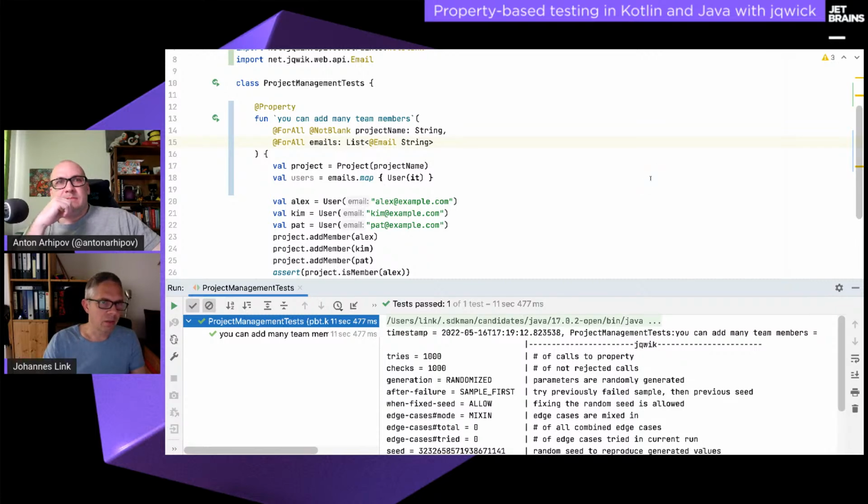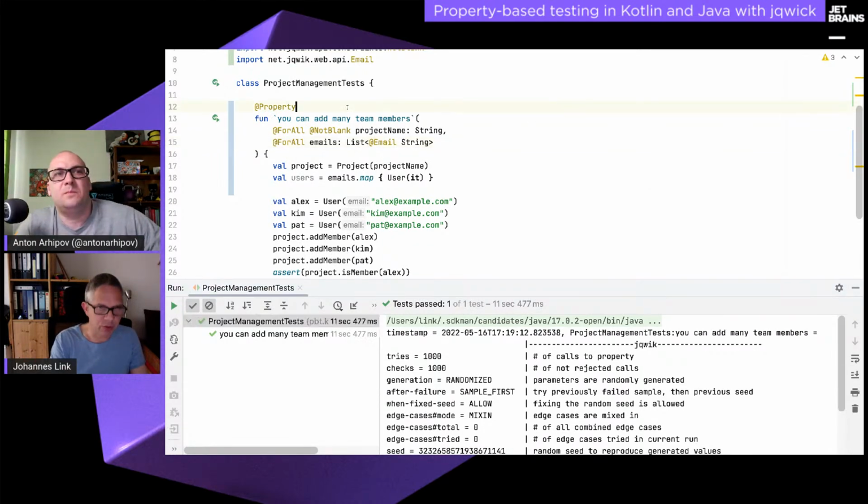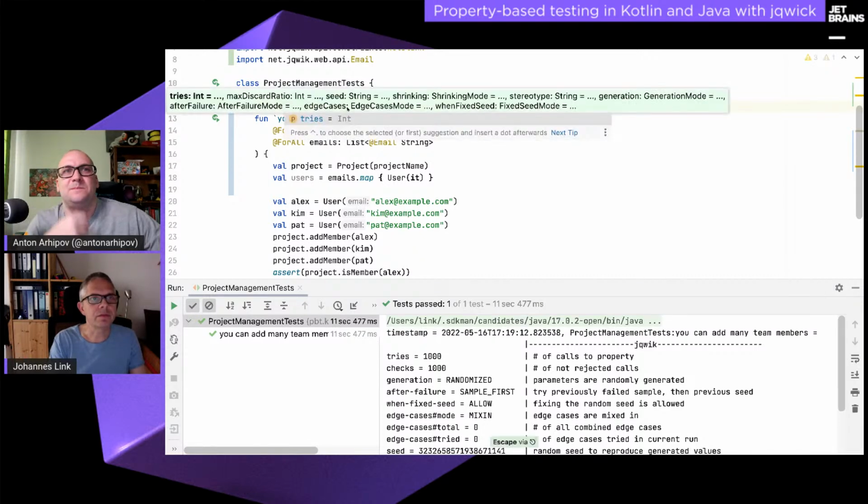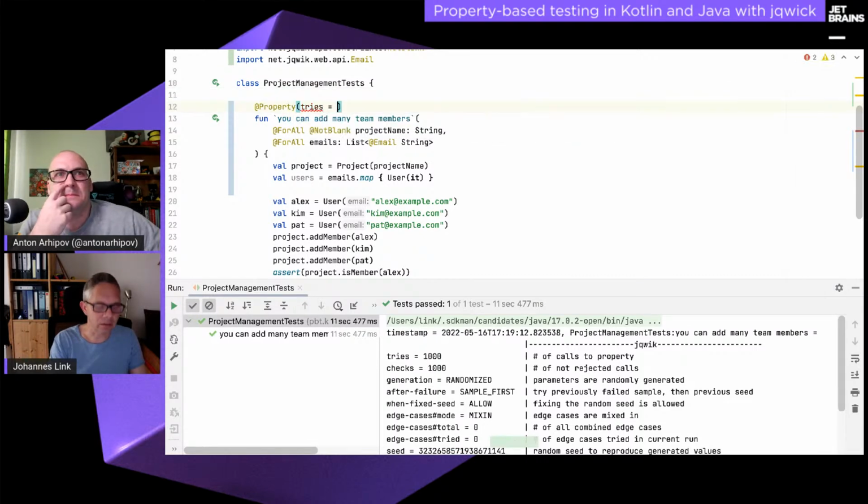explore the breadth of what emails can be according to the W3 standard, that's quite a lot. So that's why email generation is taking a lot of time. I will show you how to speed that up a bit. One other feature of jqwik is that you can manipulate the number of tries, the number of experiments it's